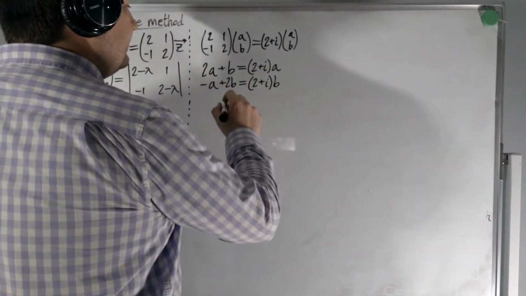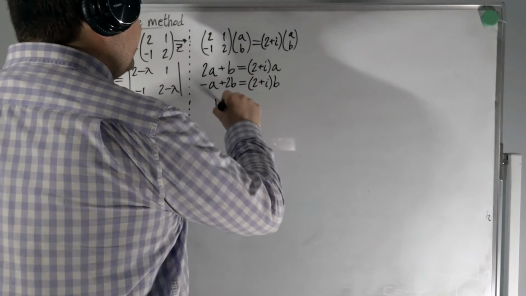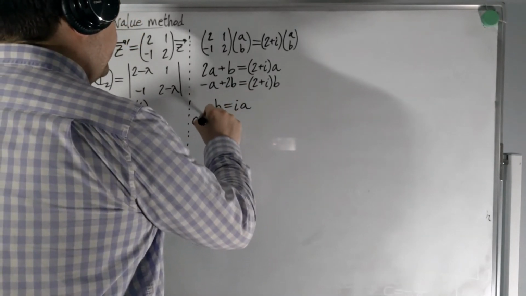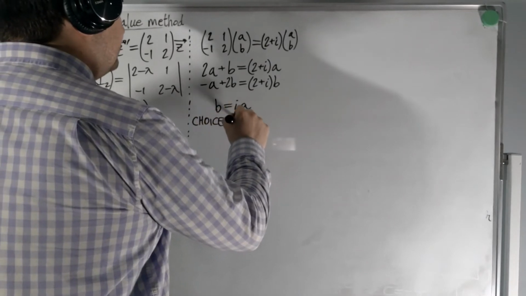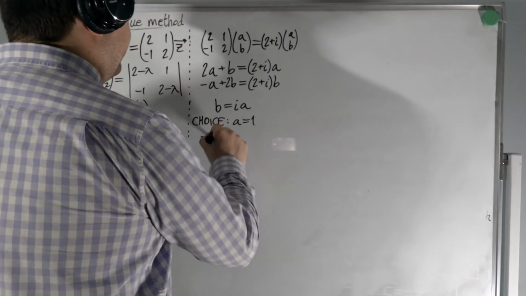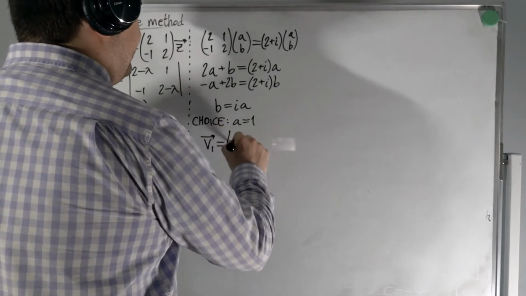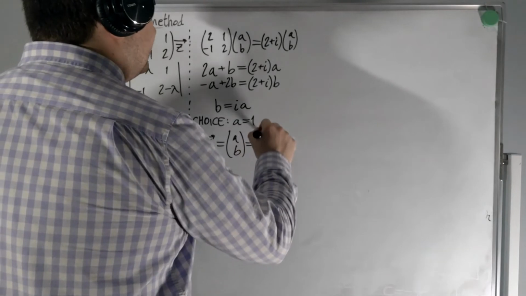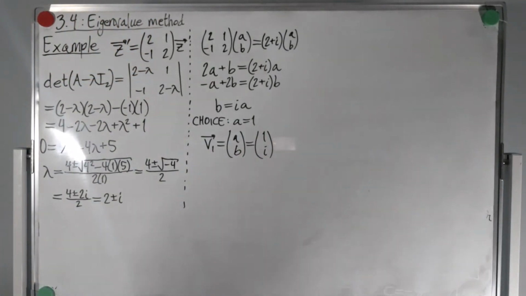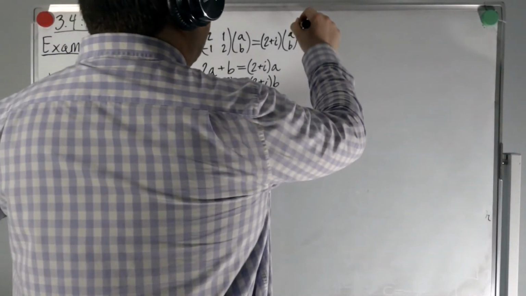Subtract 2a from both sides of the first equation and you get b equals i times a. So let's make the arbitrary choice a equals 1, in which case our eigenvector (a, b) becomes (1, i). Okay. So now, what do you do about the solution that this generates? Well, as usual,